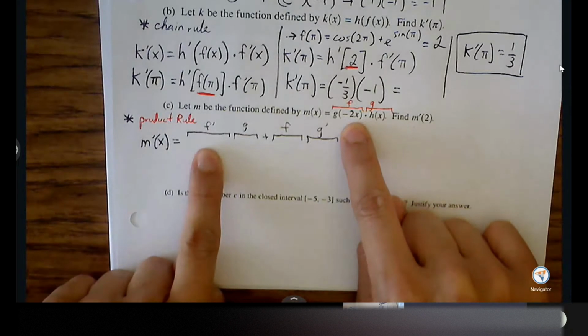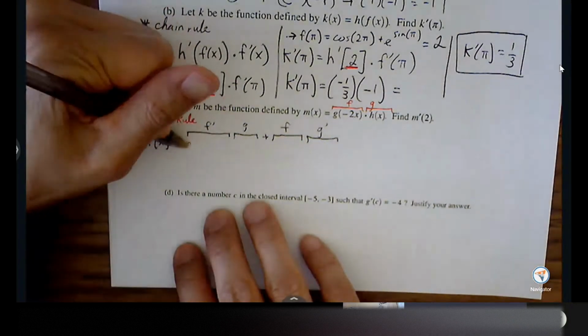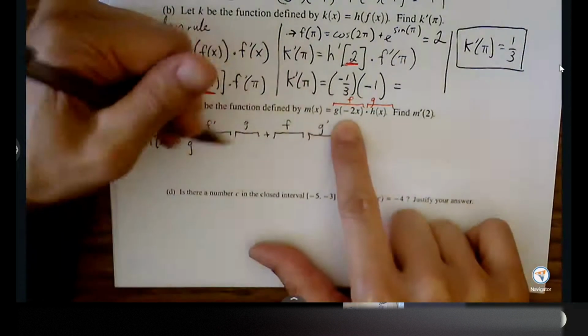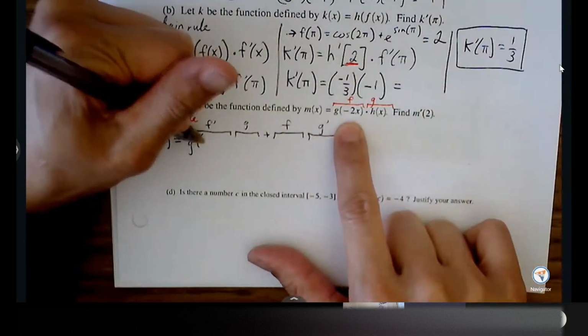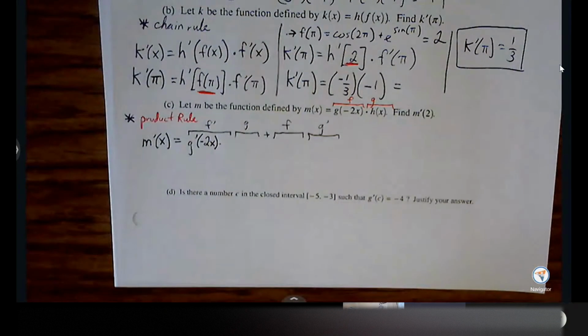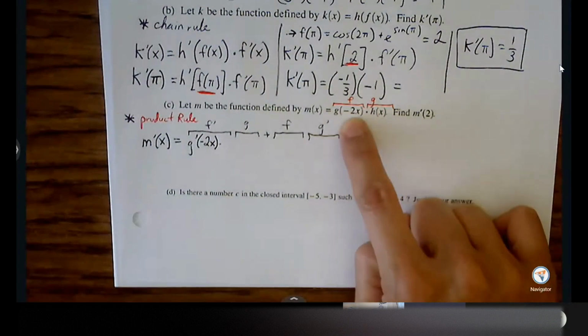Would we just put g prime of negative 2x? Or is there more we need to find? Okay, so yeah, it's in function notation, so it needs to stay as function notation. So g prime of negative 2x. Is that it for this portion's derivative? No, you have to multiply by 2. Close, multiply by